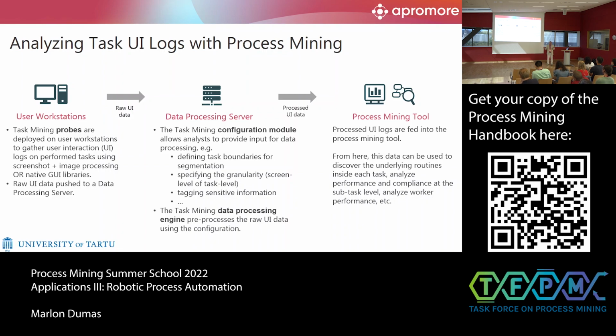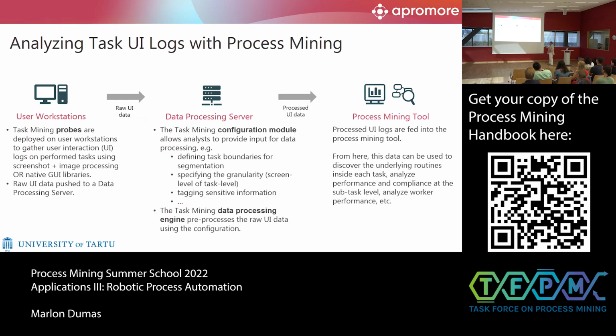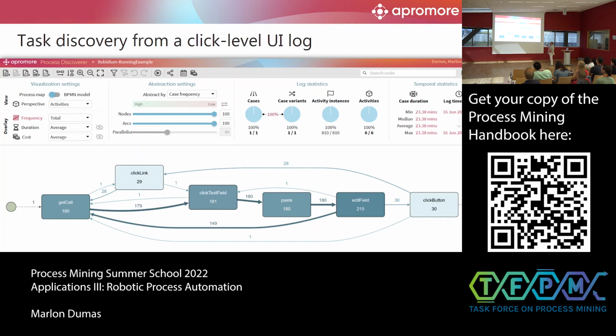Because a process mining tool, if the thing is not segmented, cannot do anything. Yeah? It needs to have traces. So given that you have instances of tasks, and there are task IDs, you can say the task ID is the case ID, and you can give it to your favorite process mining tool. I will not tell you what my favorite process mining tool is. You will guess it. You give it to your favorite process mining tool, and then it shows you